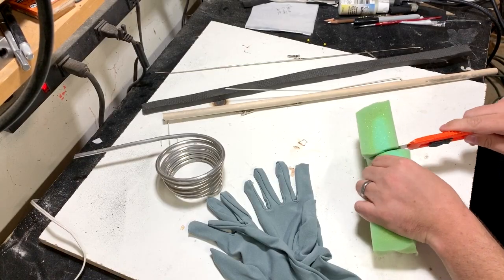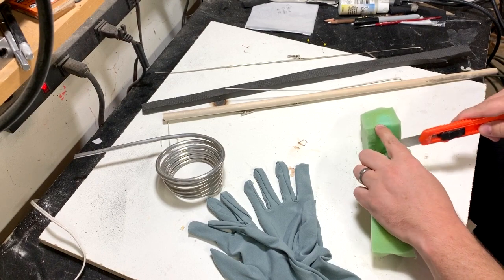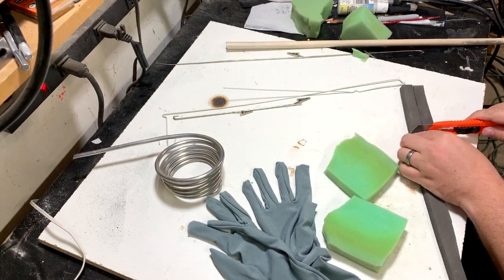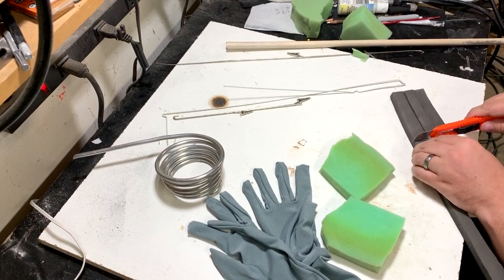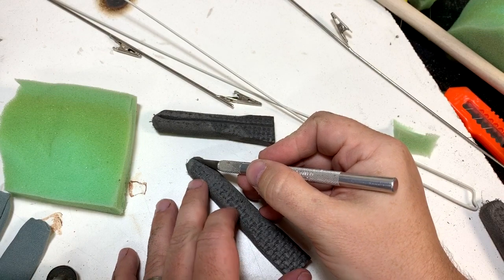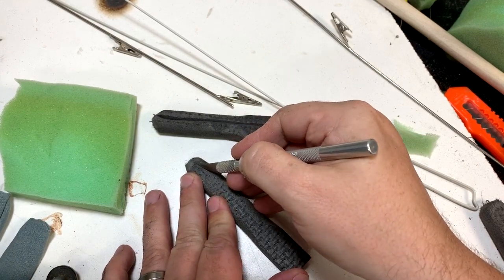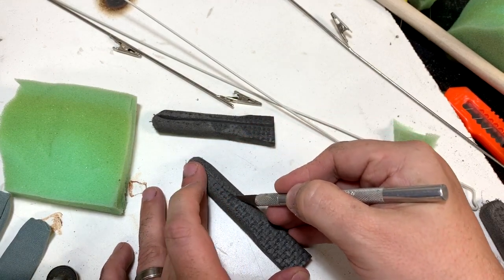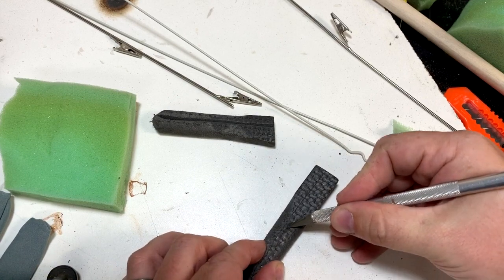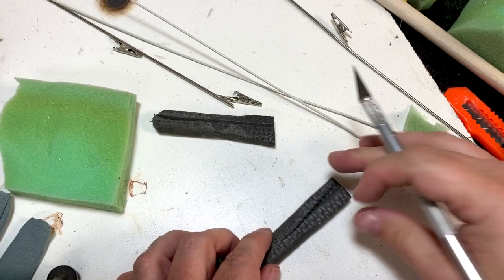Even though this is just for a Halloween costume, one of the things that always annoys me when people make stuffed gloves that are supposed to look like real hands, I hate it when it just looks like a sausage or a water balloon that doesn't have a form in it. So I'm probably way overdoing this, but I feel like